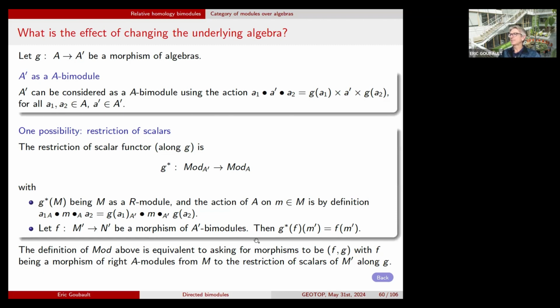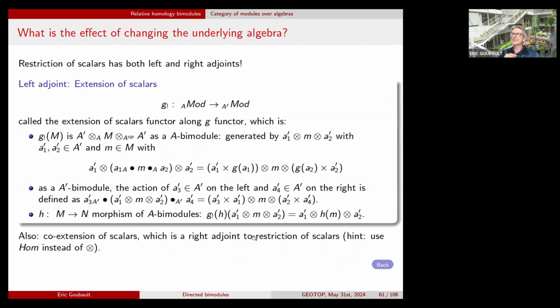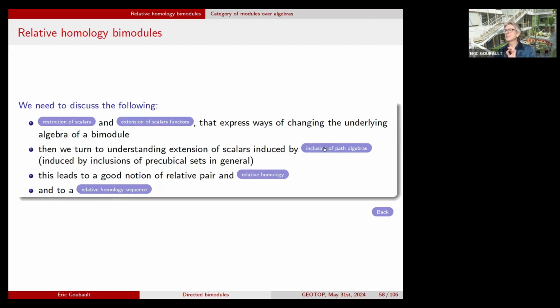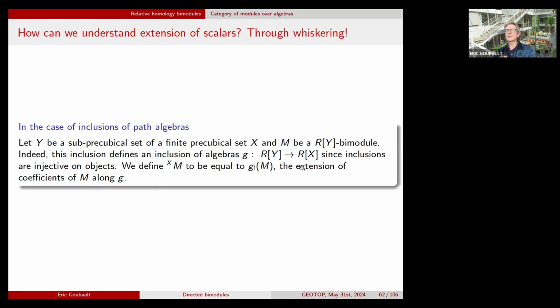Okay. And then the interesting thing is that restriction of scalars defines a functor. It has both a left and a right adjoint. The left is the extension of scalars, and the right is the co-extension of scalars. I'm just going to consider extensions of scalars. It can be defined pretty abstractly, but I have no time, so I will just show you what happens when you consider inclusion of path algebras, right? So now I'm just going to consider extension of scalars induced by the inclusion map of algebras, which is given